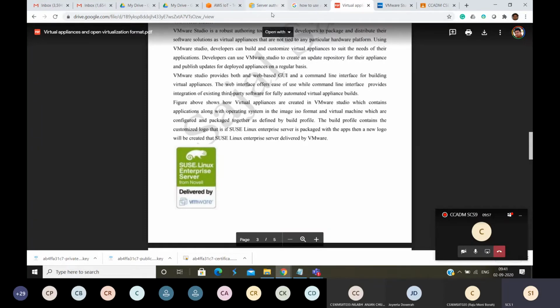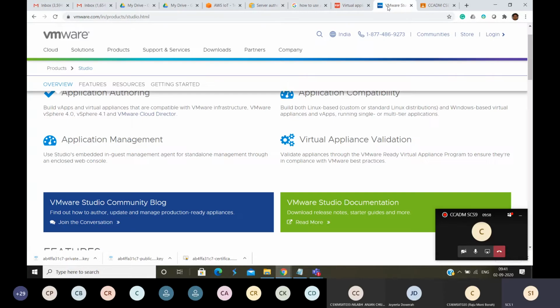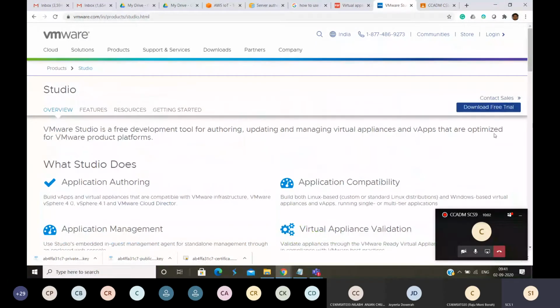Okay, so I have this VMware Studio. You can see over here this VMware Studio, and you can download and install it. Now, I think in the next lab class, I will give you one task: you will download the free trial version of VMware Studio, create one virtual machine, install several applications on top of that virtual machine, and whatever you have created, you will author as a virtual appliance.